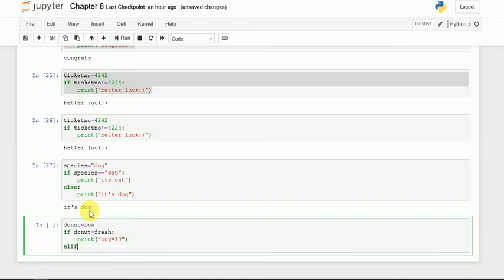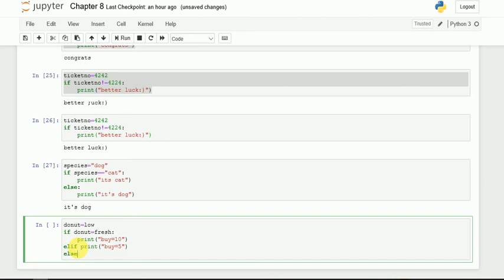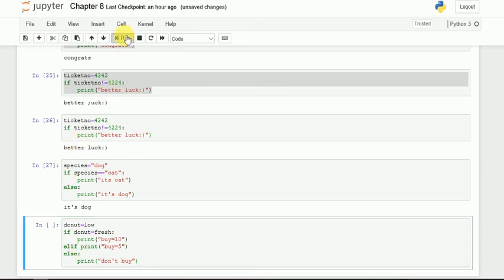Elif, colon, print buy equals 5. Else, print don't buy, right? So I'm going to run. Let's check whether it's right or wrong.